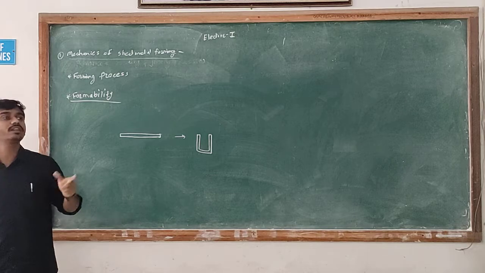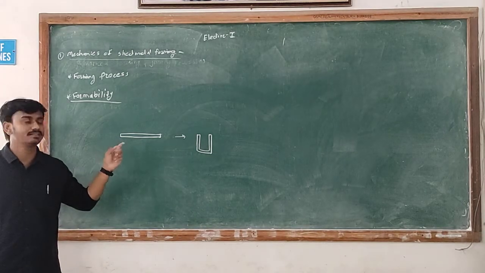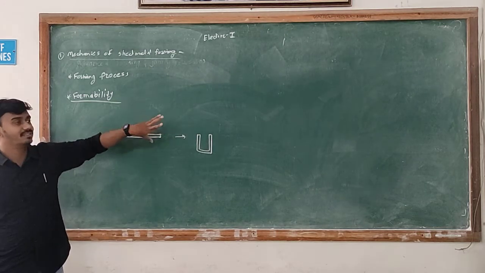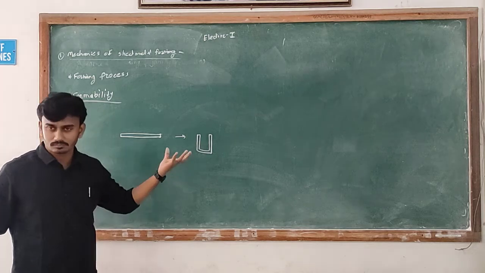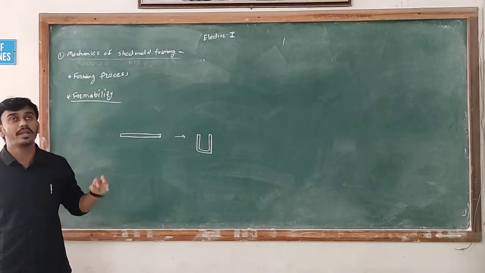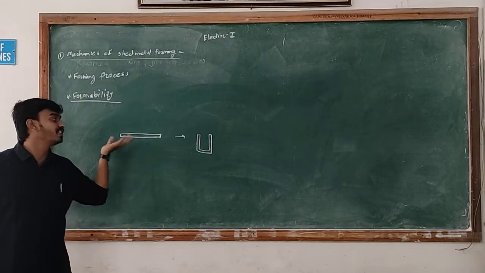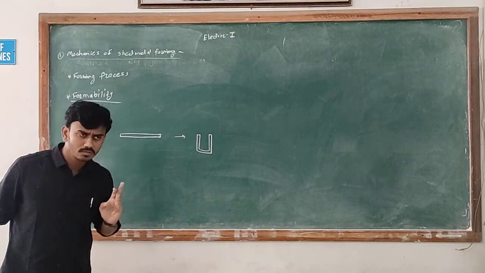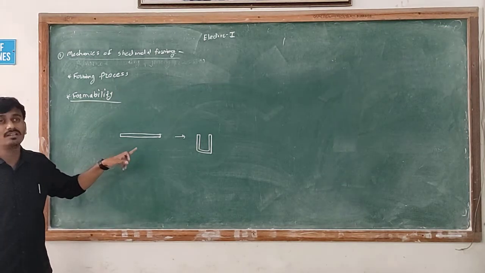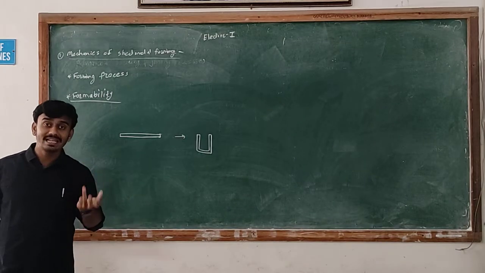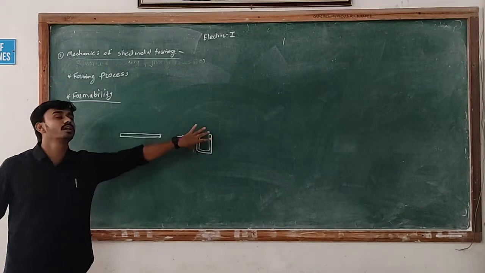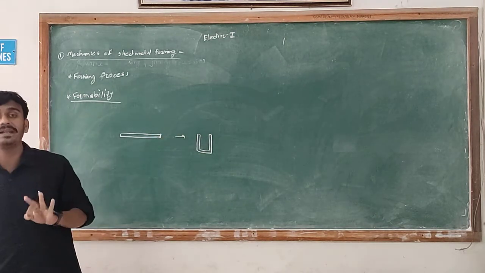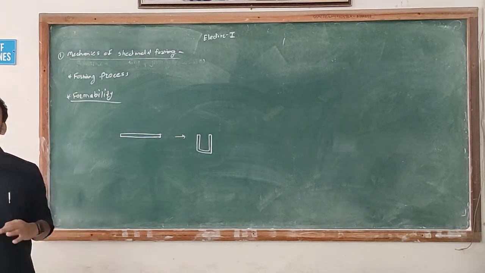If I want to convert the same glass sheet into this shape, I need to melt the glass, pour it into a casting mold, and by using the casting process we can convert it into this U shape. But if the same sheet is made up of metal, suppose steel, then we can directly convert it into the U shape by application of some manufacturing processes. So this ability of the material is called formability.